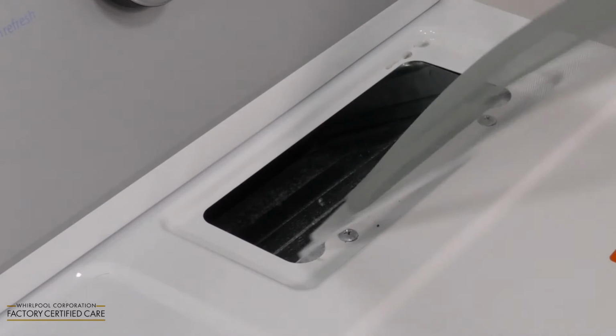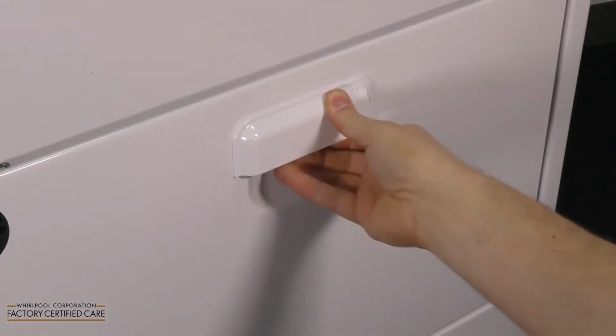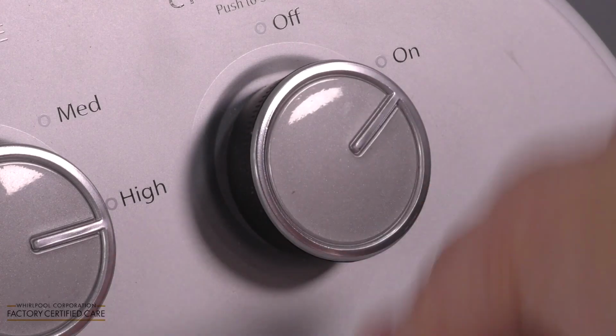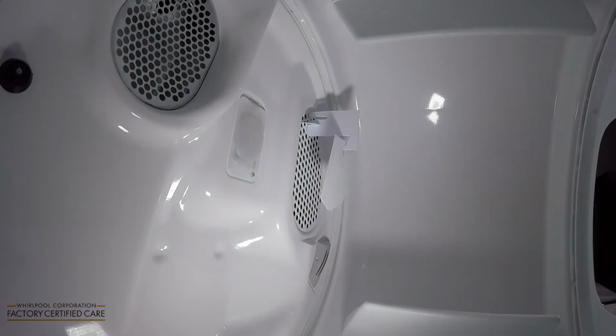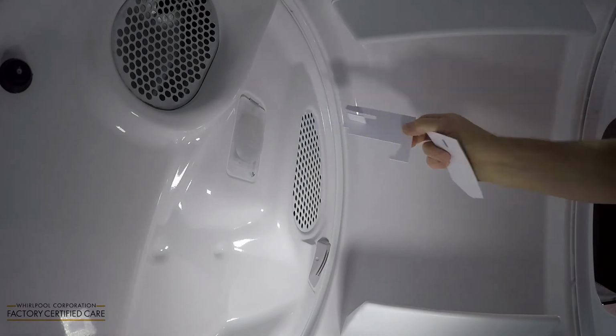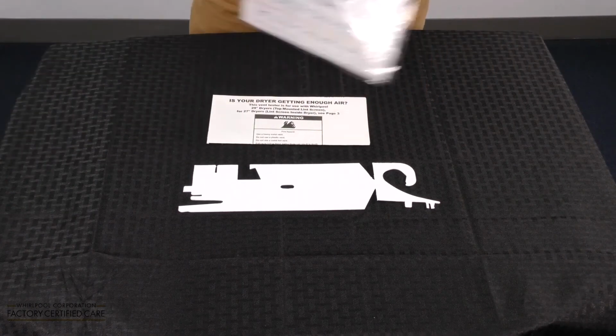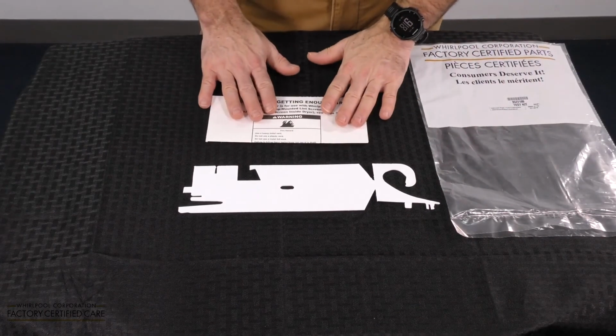Check to make sure the lint screen is clean and in place. Close the dryer door and run the dryer for 15 seconds. If the card is still hanging, it means you need to have your vent system cleaned. If the card is off the hanger, your vent system is working properly. When using your dryer vent test kit, make sure that you read your instructions carefully for the best